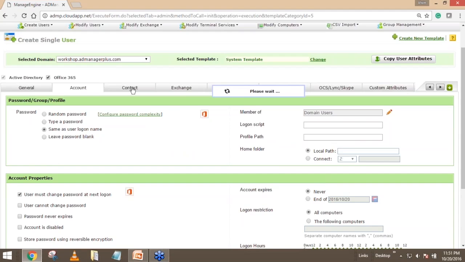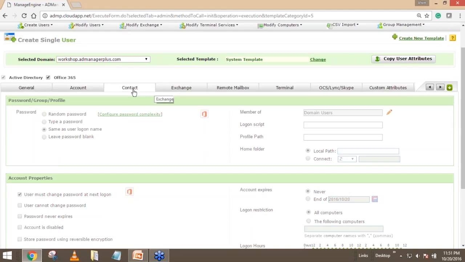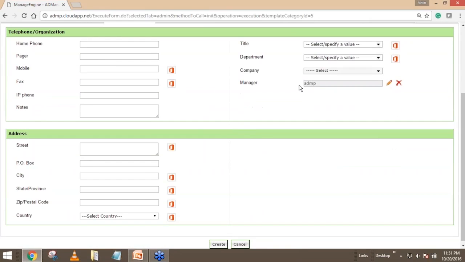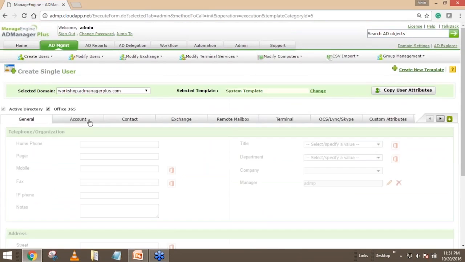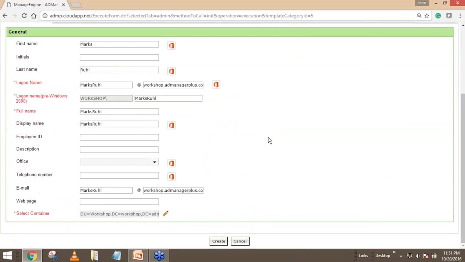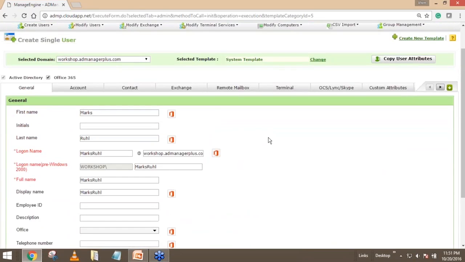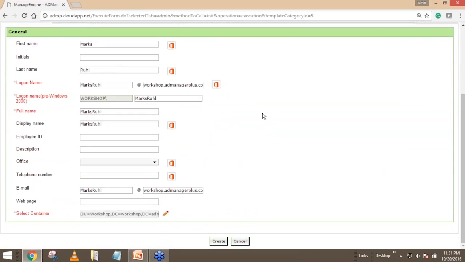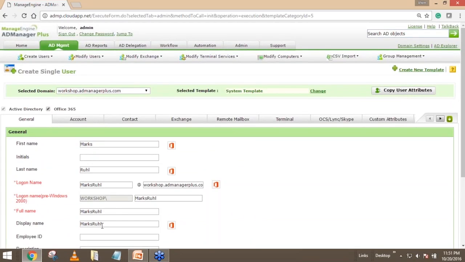Now all the copied attributes will be present for this user account. So this saves us a lot of time when you are going to create one user account. And after all this, you just hit create. Now the minute you hit create, an AD account with all the permissions, with all the group membership gets created,